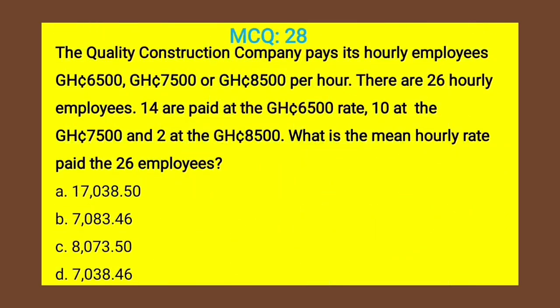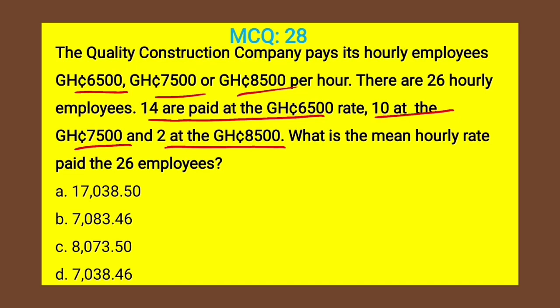Then question 28. A quality construction company pays its hourly employees 6,500, 7,500, or 8,500 per hour. There are 26 hourly employees. 14 are paid 6,500, 10 are paid 7,500, and 2 are paid 8,500. What is the mean hourly rate paid to the 26 employees? So how are you going to do that? Here we have allocated or categorized the employees in terms of their pay. 14 are paid 6,500. 10 are paid